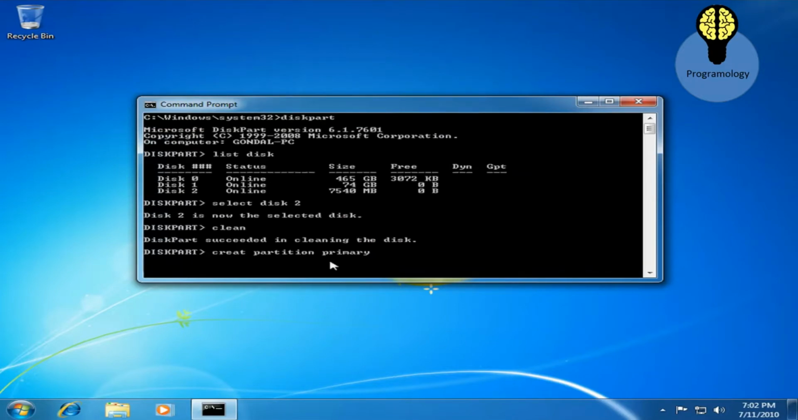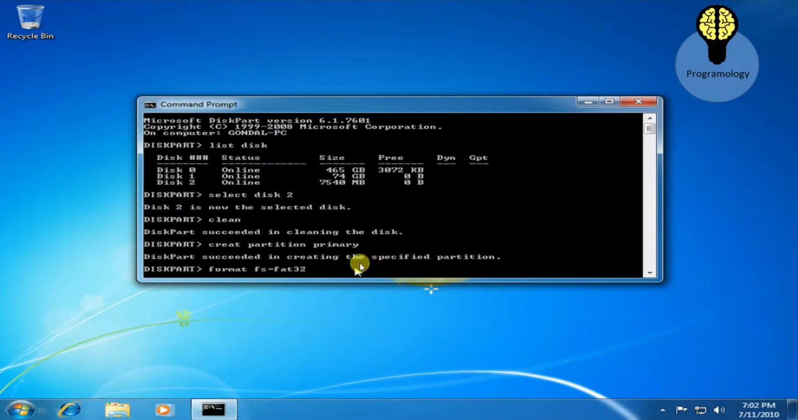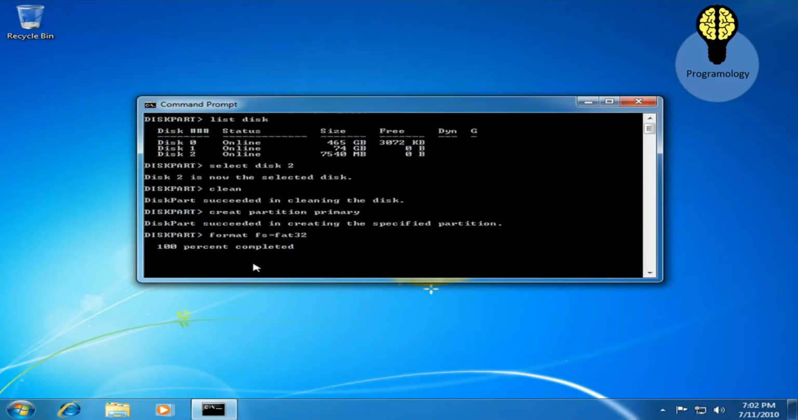Now write create partition primary. Hit enter key. It is successfully done. Now write format fs equal FAT32. Hit enter key. It will start repairing your USB from 0% to 100%, and finally